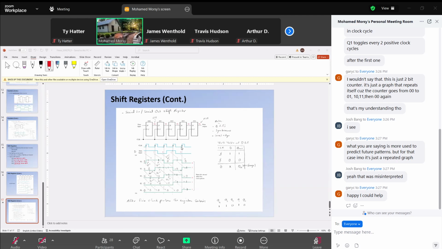So we have positive edges here. We put arrows at the positive edge. Then the data is given here. Then all outputs Q0, Q1, Q2, Q3, Q4 are initially zeros. So all of them are zeros initially. So let us look at Q0 for the first flip-flop, FF0. So we have 0, then at the positive edge,